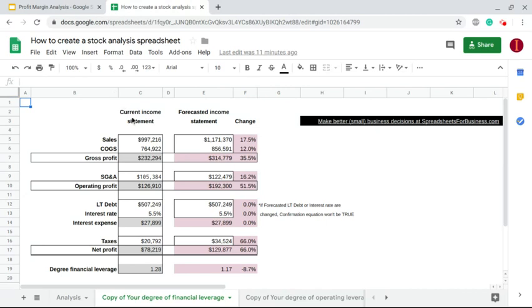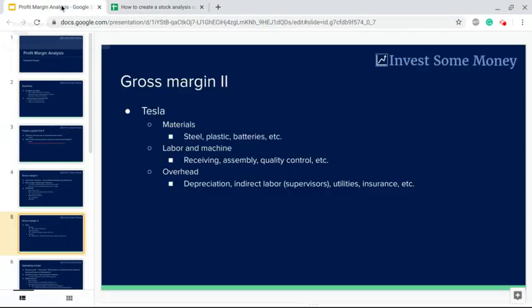I think these are two underappreciated concepts for small businesses, certainly, and in the investment analysis world. So we'll get into that a little more as we go on here. But anyhow, using Tesla kind of as our example,